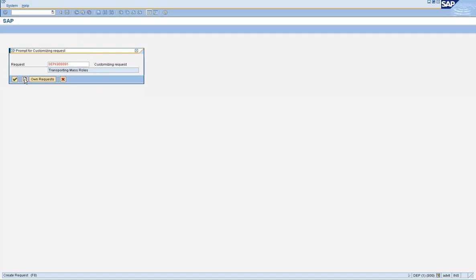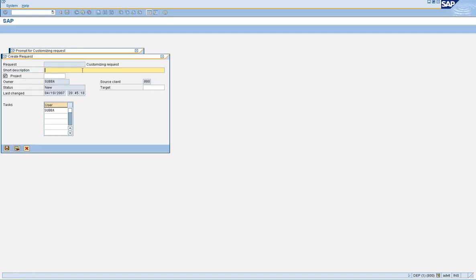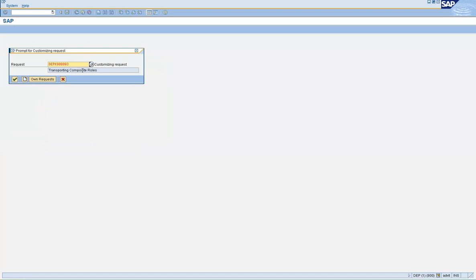So if you want to create a new transport request, click on create. Give a brief description. A new transport is created.